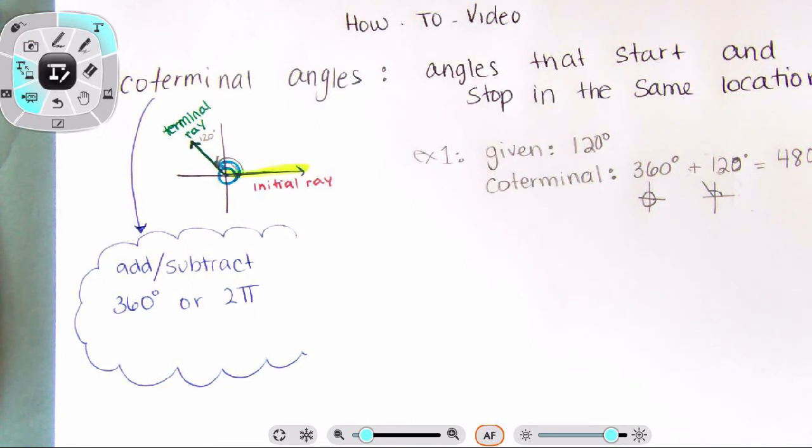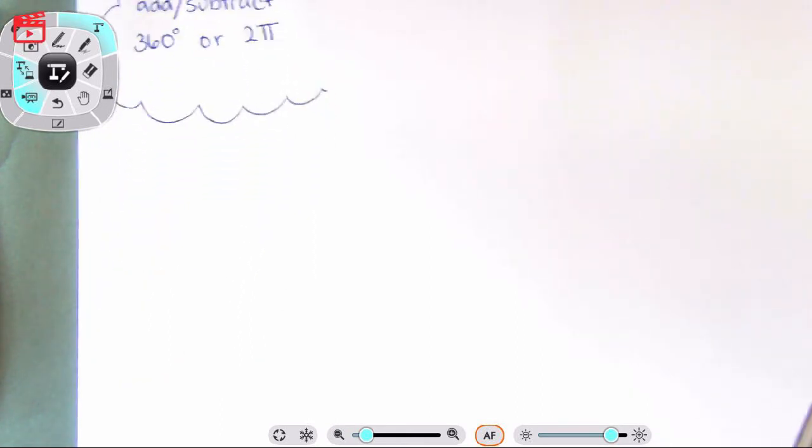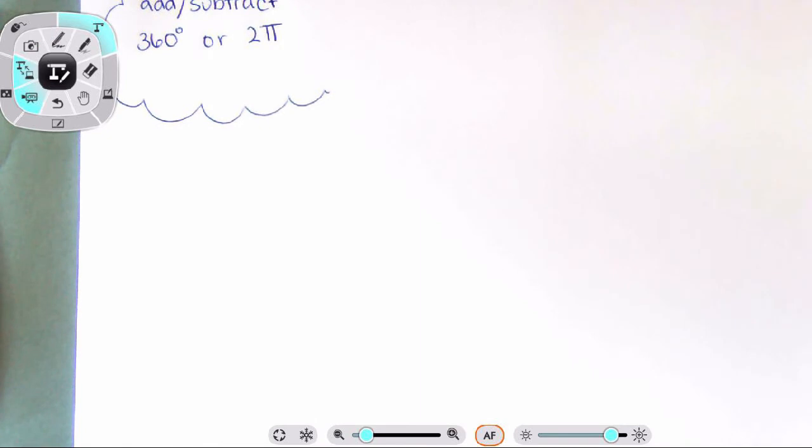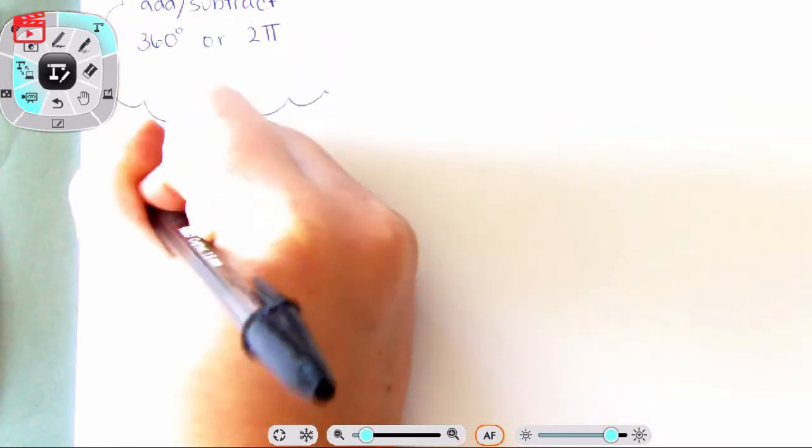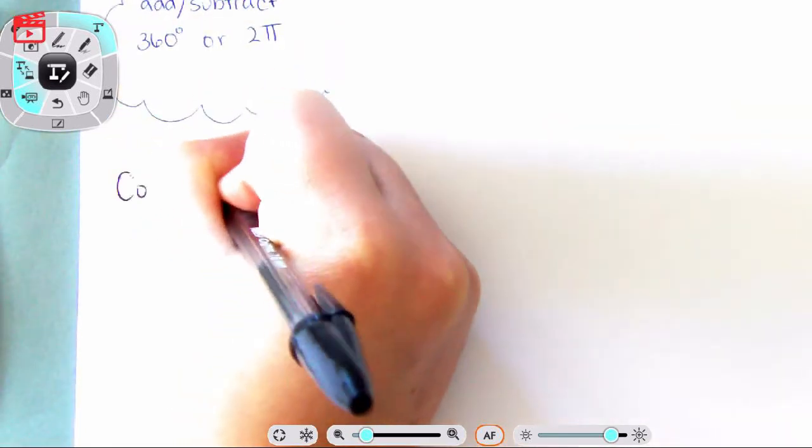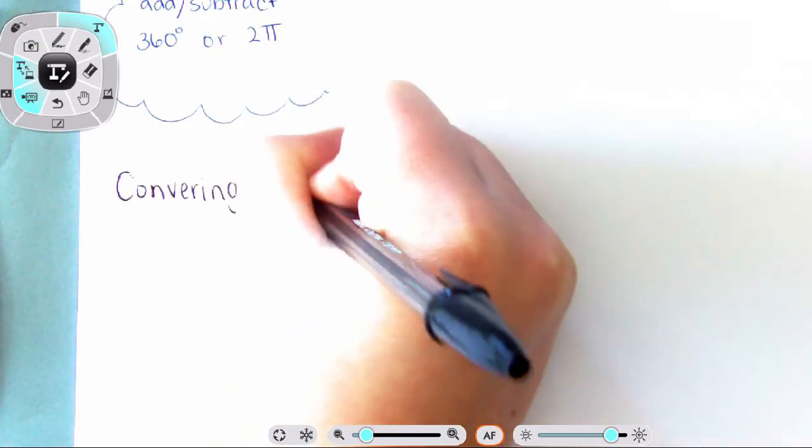So I'm looking at your unit quiz, and it says number 1 coterminal angle, number 2 coterminal angle, number 3 is asking to convert each radian measure to degrees. So let's go over that. So let's shift this up. So now we're saying converting angle measures